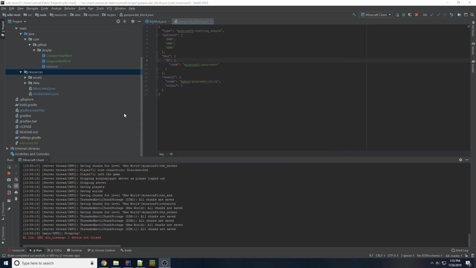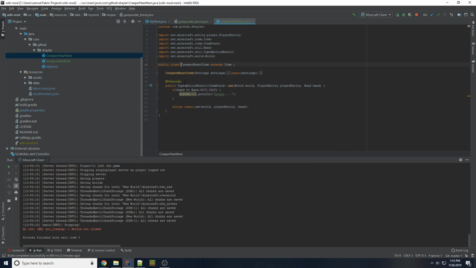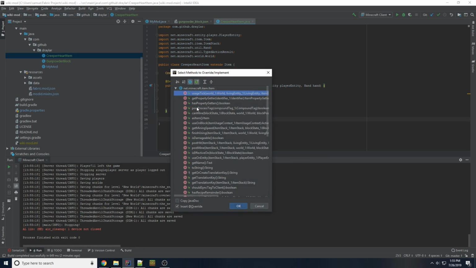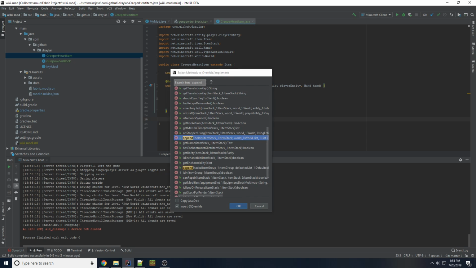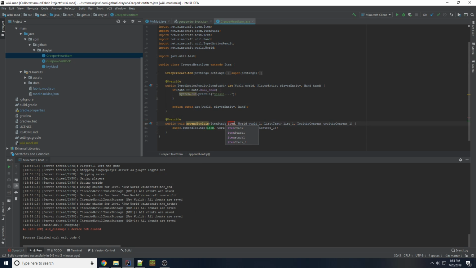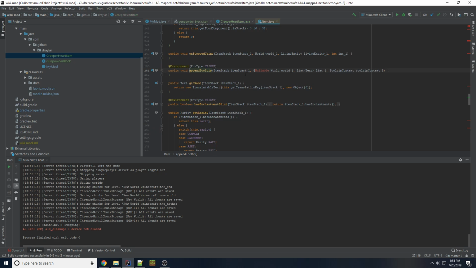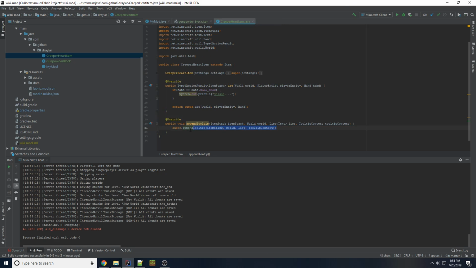So I'm going to exit out. We're going to go to our creeper heart item. We're going to override appendTooltip. AppendTooltip just means they give you the basics like the item name in the tooltip, and then you add whatever you want to it, and you send it along its way. So I don't think this method does anything. Nope, that's an empty method, so we can get rid of this. I'm going to say list.add new TranslatableText